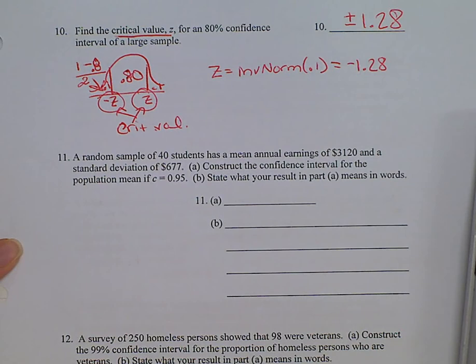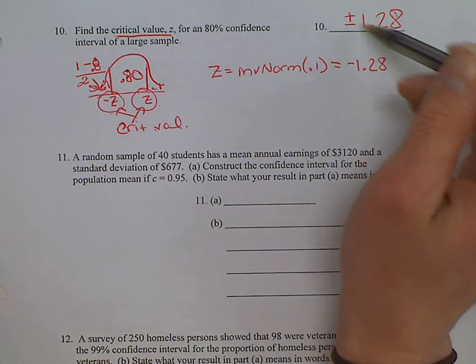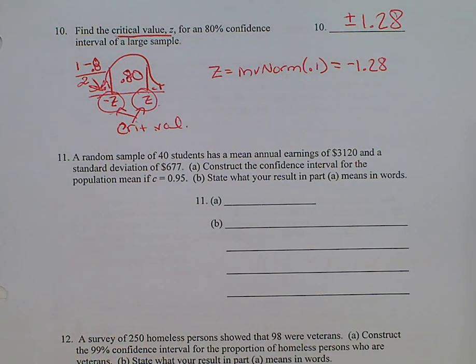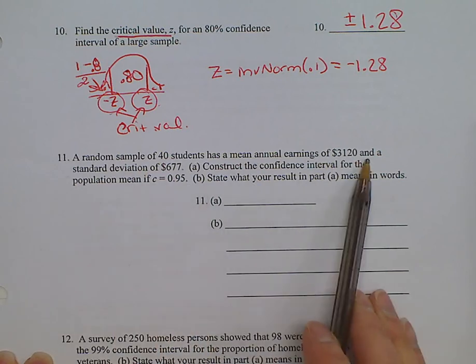These are both the z-scores, but the critical value itself, the 1.28, that negative appears inside of the formula and the positive appears inside of the formula as well, but we are not using the formula, we're using the calculator shortcut. Okay, and number 11, a random sample of 40 students has mean annual earnings of the following: